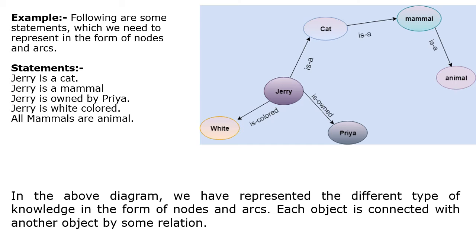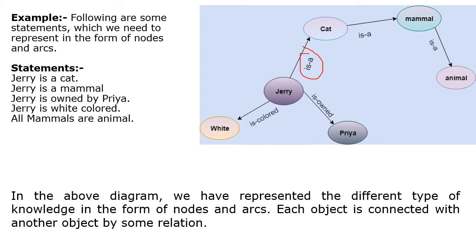Yes, this is an example of a semantic network where Jerry, cat, mammal, animals, white, Priya are the nodes, and is a, is colored, is owned are the arcs. A semantic network is the collection of nodes and arcs. So this example contains some statements which we need to represent in the form of nodes and arcs. These are the statements. First one, Jerry is a cat. So this is covering Jerry is a cat